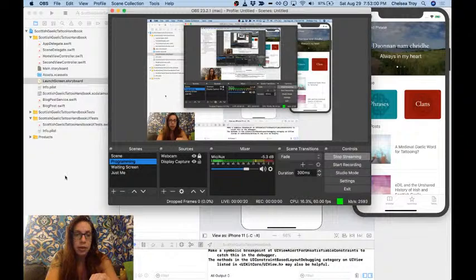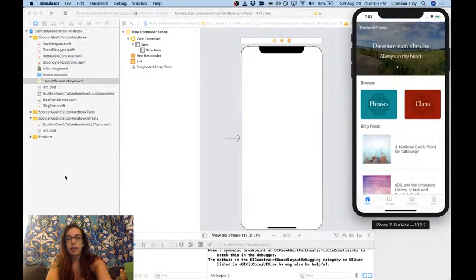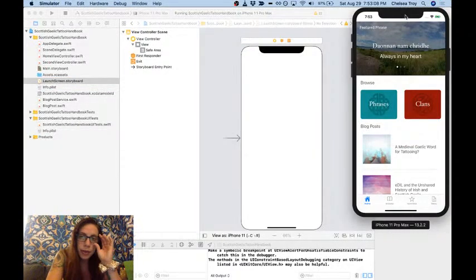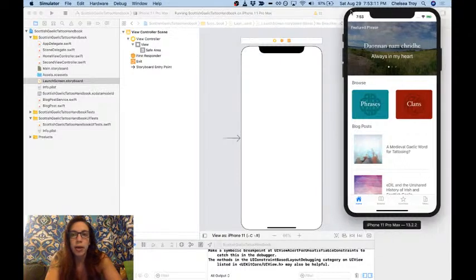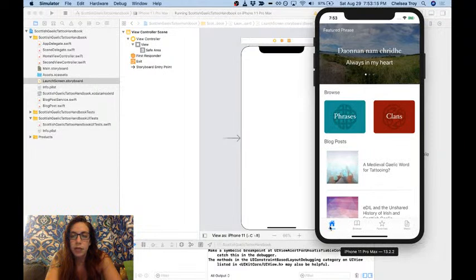So we're going to do some more work on our app today. So let me go ahead and share my screen with you. What we're going to do is some graphics stuff. So this is our emulator right now. This is the way our app looks. And we have these generic